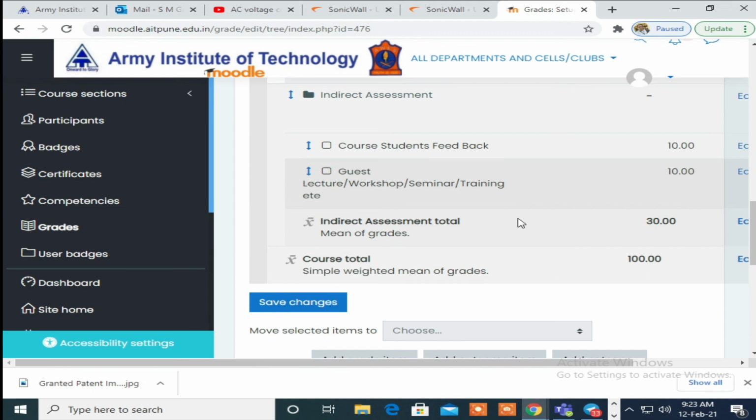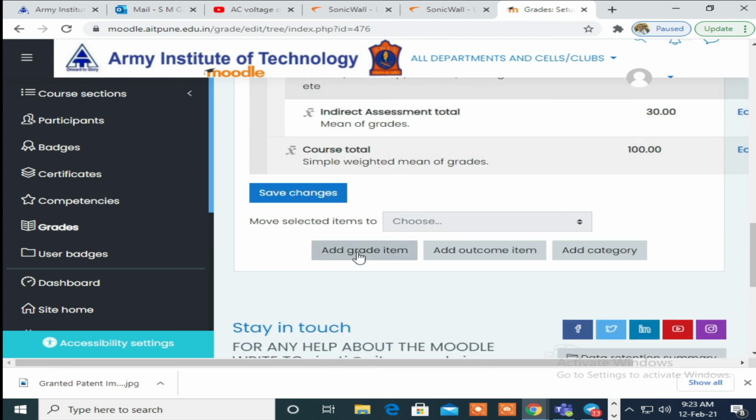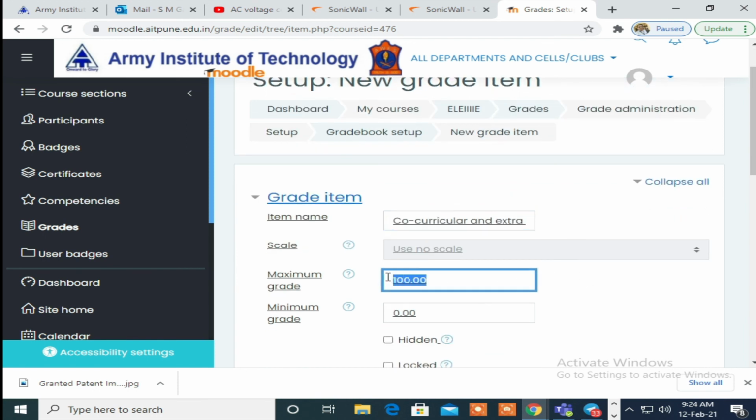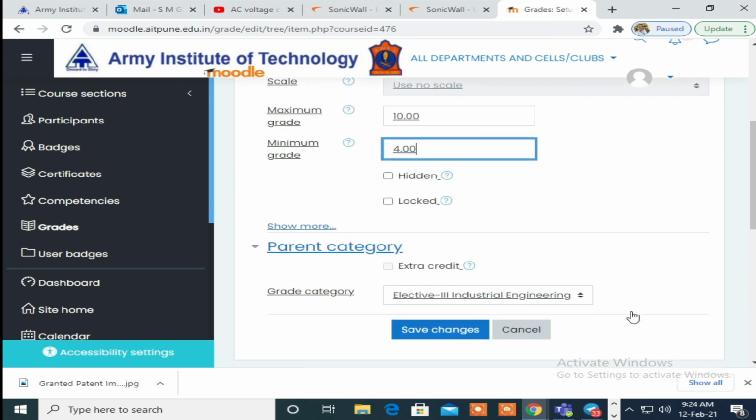So there are 2 items we have added. Go for add more items. So add grade items, click on that button, and here you need to add students' extracurricular activity. That is also an important parameter to assess any kind of student. 10.00 and 4.00 are maximum and minimum grade.